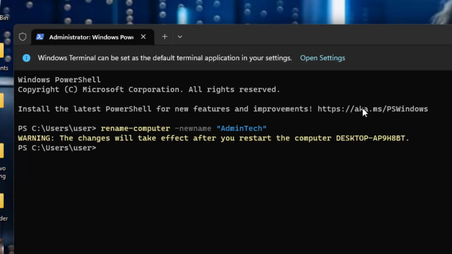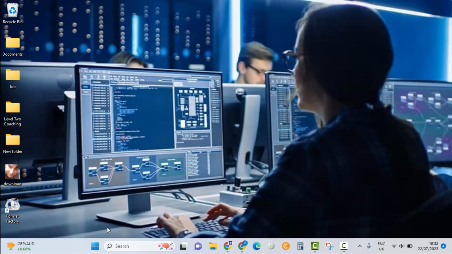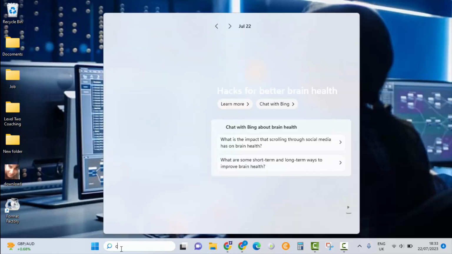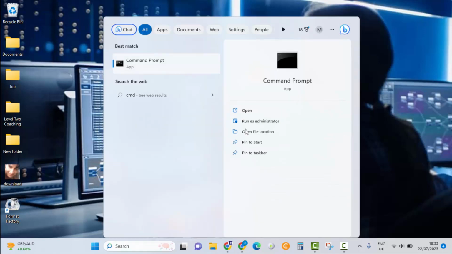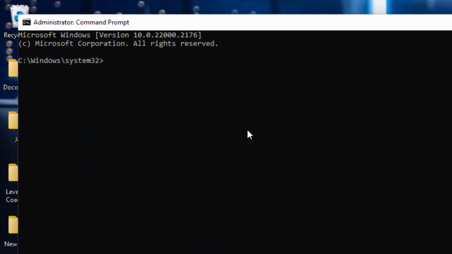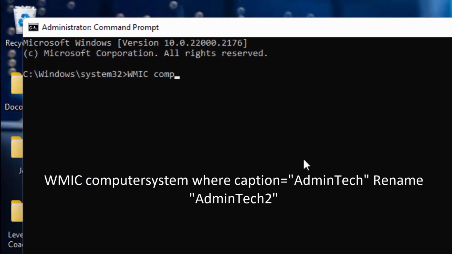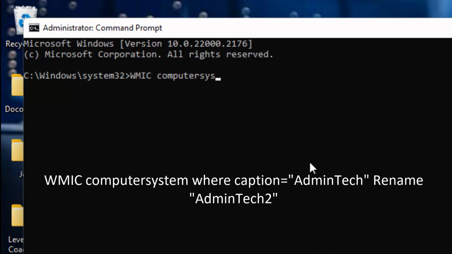Now let's go to the very last method of changing the name of your PC or computer on Windows. For the last one, we will use the command prompt. Go to the search box and type in CMD, and then run this as administrator. Now type in this command with capital letters, WMIC computersystem,